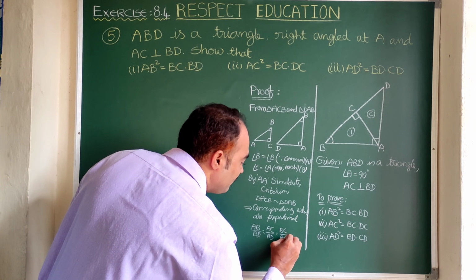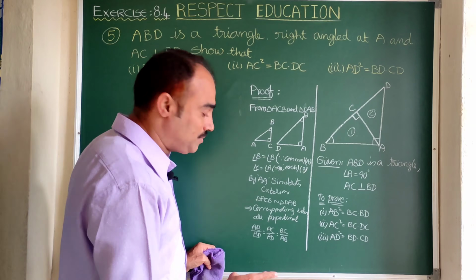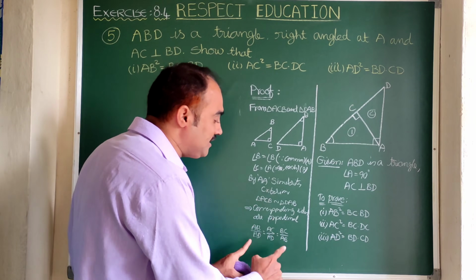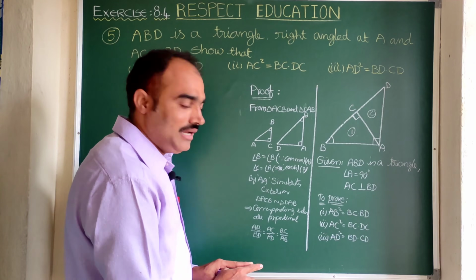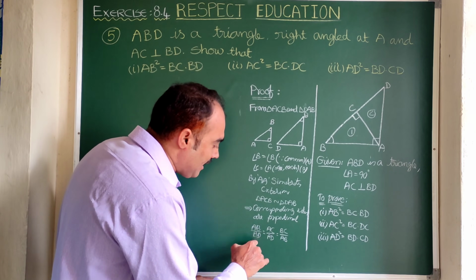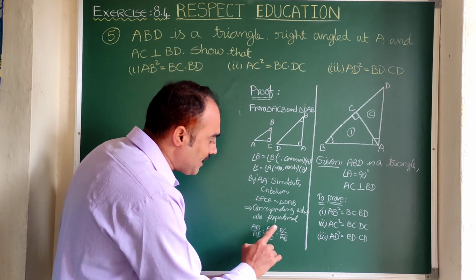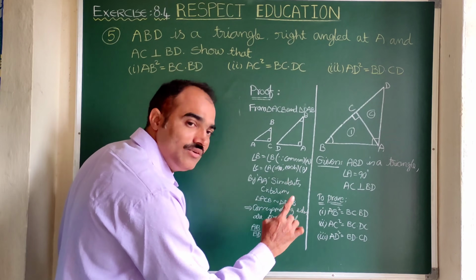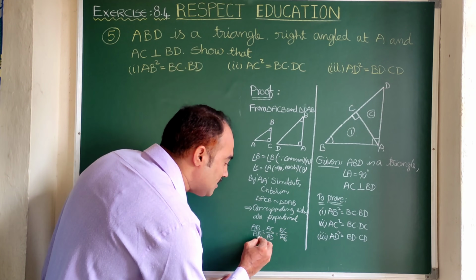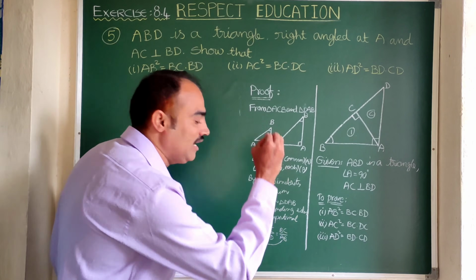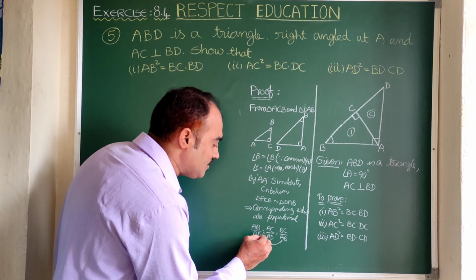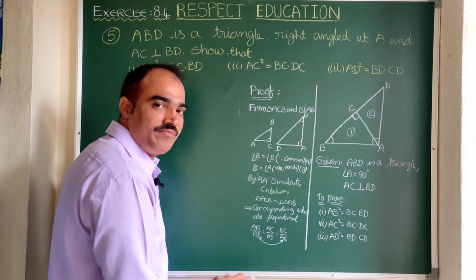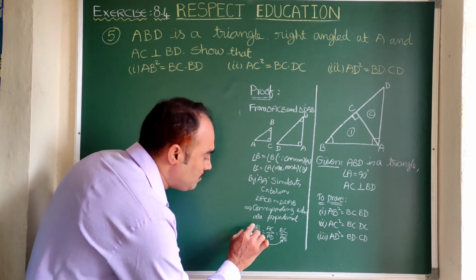Now here you observe which one is repeated, which side occurs two times. Here you see AB, and again AB. All the remaining sides occur only one time: BD one time, AC one time, AD one time, BC one time. Only AB is repeated. So let us make the first ratio and third ratio equal, and we can skip the middle one. No need to write it. So let us do cross multiplication.